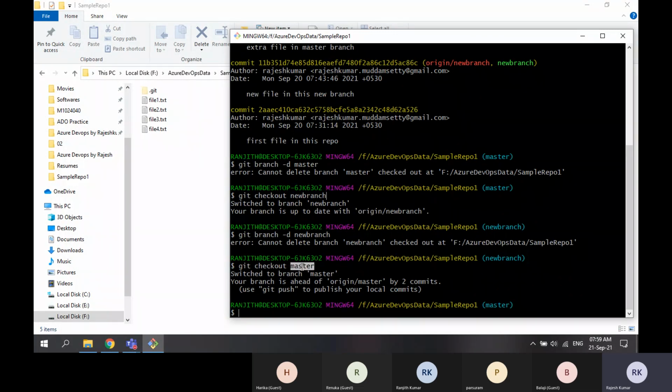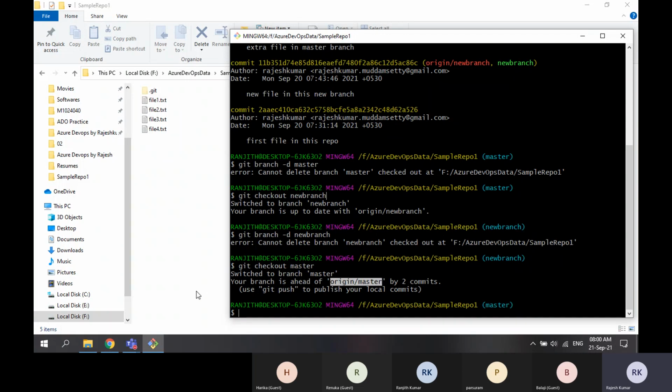But when I check out to master, it says your branch is ahead of origin by 2 commits. So what does this mean?